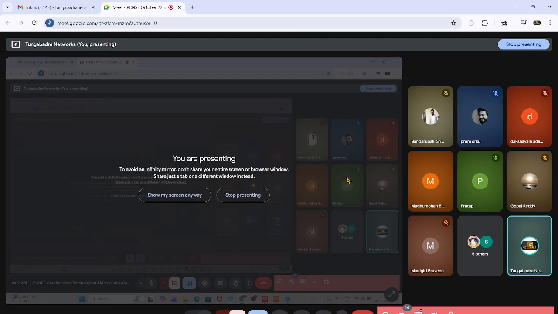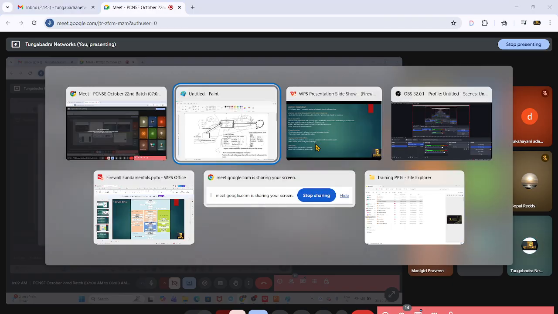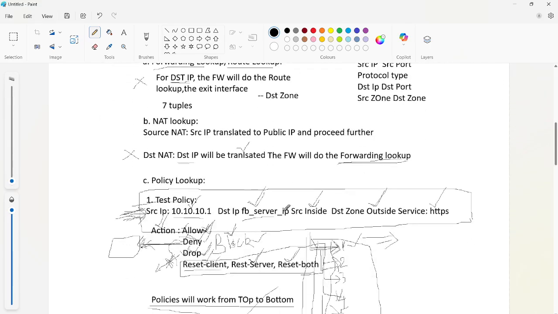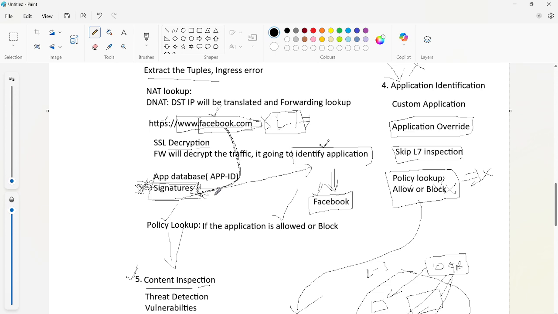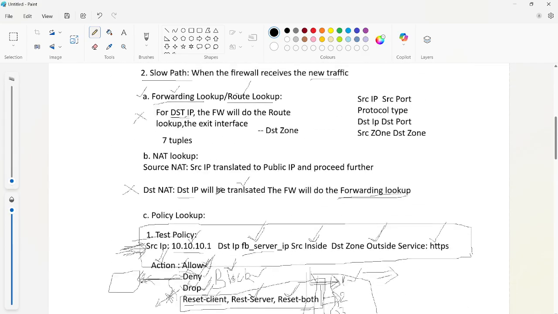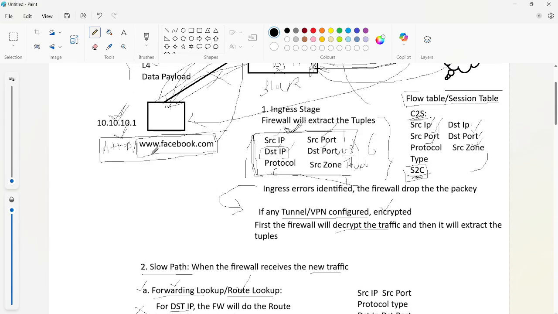Any other questions? If I use a URL, you said that in the ingress stage it blocks it. It doesn't contain any URL in the ingress stage. If I'm using my personal URL, how does it work?